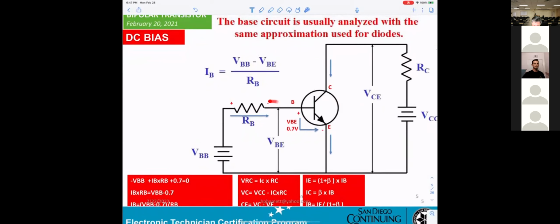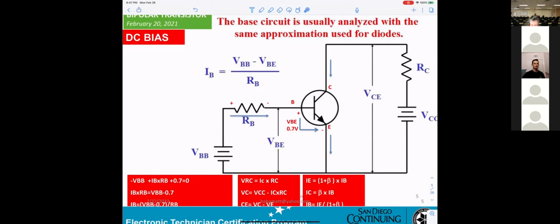So they get the loop. First, you go to minus VBB plus IBRB plus 0.7, because when the diode is on, it will be 0.7 volt. Finally, they want you to calculate the IB. This is the formula for this circuitry.